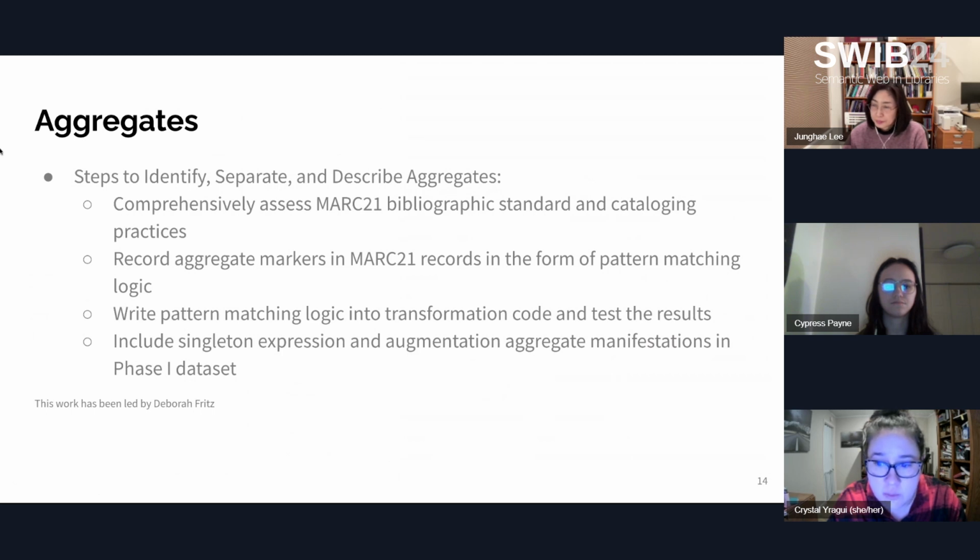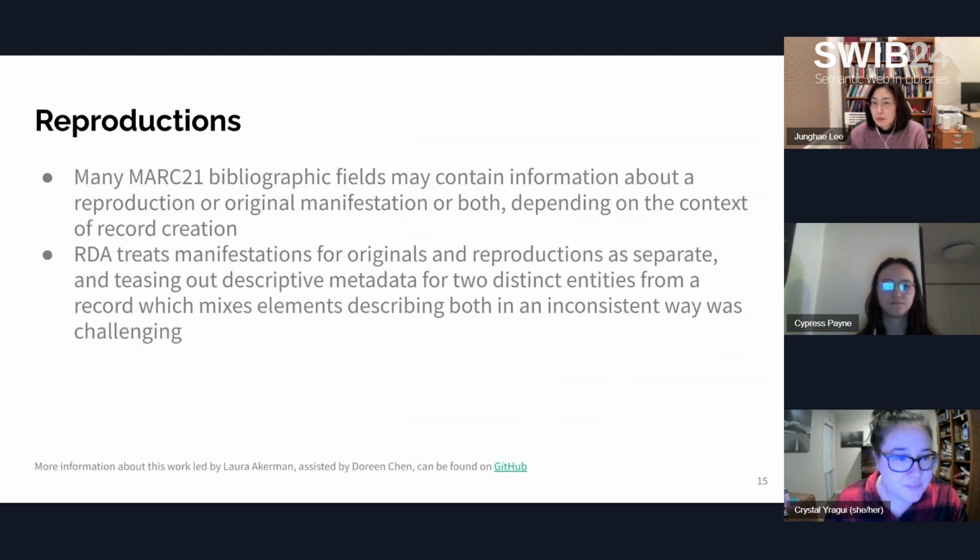The aggregate markers were written into transformation code, tested against a set of around 15,000 records, and evaluated by the rest of the team for accuracy before being adopted. We're only including singleton expression and augmentation aggregate manifestations in the phase 1 dataset, and we plan to include other aggregates in future phases.